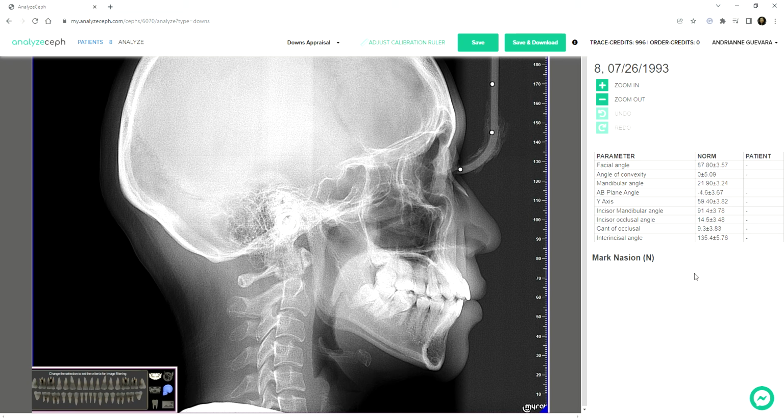And you can refer at the lower right portion of your screen, and you can see here the guide of the points that you need to plot. So it started with Nasion, okay, and Pogonion, Porion. So I'm using the machine Porion, okay, Orbitale,